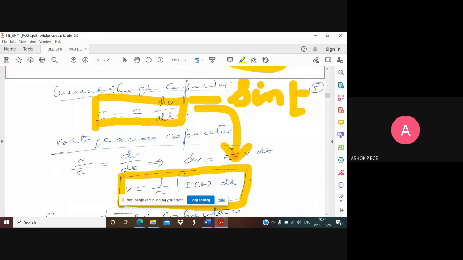What is dV by dt? Cos t, sir. So it is cos t into C. So I will be C into cos t. And voltage is sine t. So where will the sine function start? Sine 0 means the sine wave is like this, right? Where will your cos waveform start? So the cos waveform will be somewhere like this. So which is coming first? This one is voltage. This one is current. Which is coming first, current or voltage? Current.